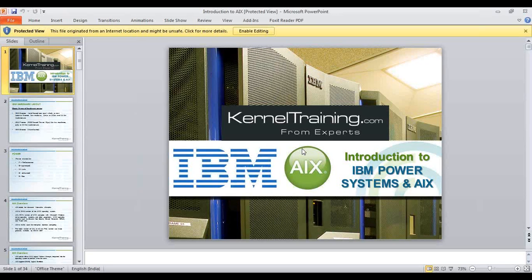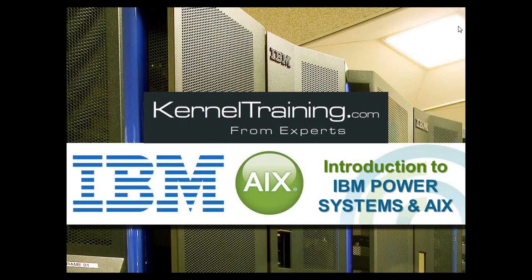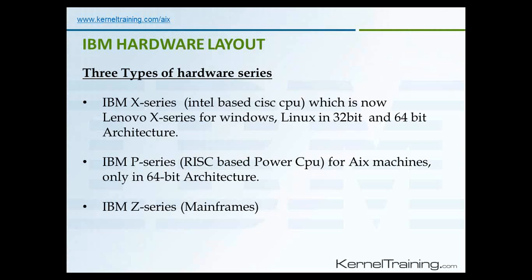AIX is also one of the Unixes available in the market, and like other Unixes, AIX is also hardware dependent, or hardware proprietary software, which runs only on a specific set of hardware, not on any other hardware. Like if you have Windows or Linux, you can place it on any hardware. It may be IBM's hardware, Dell's hardware, HP's hardware, or Sun's hardware, or any other platform, whichever you like. But unlike them, IBM AIX works only on a specific set of hardware,